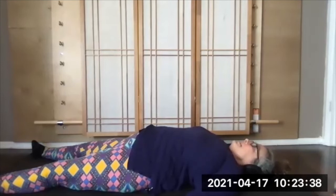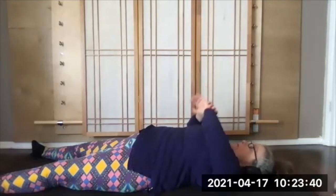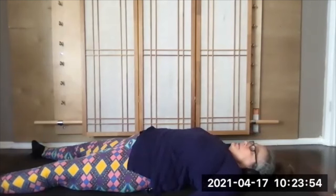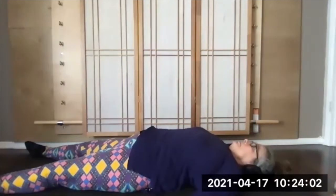Let your eyes and eyelids relax, temples and forehead, mouth and jaw. Let the tongue inside your mouth relax, and all the muscles in your neck and throat. And letting that relaxation come down into your chest, down into the ribs and lungs, all the inner organs working beautifully together,